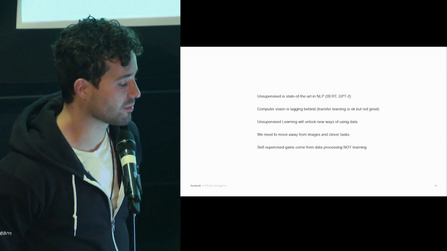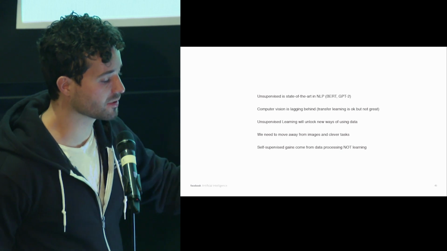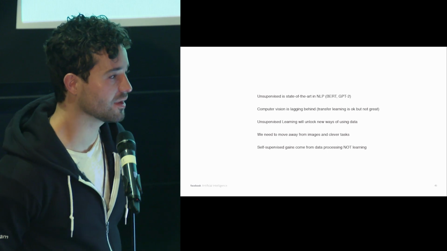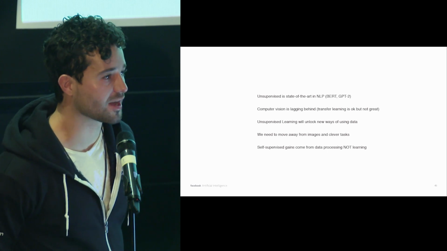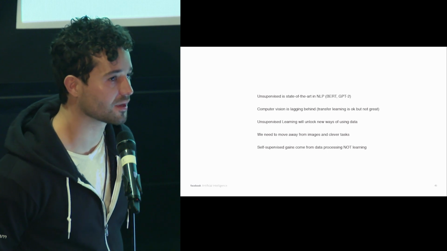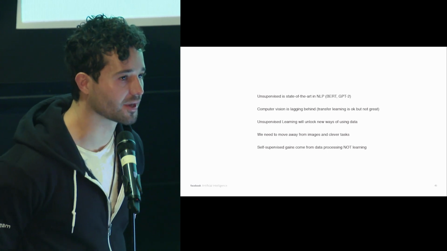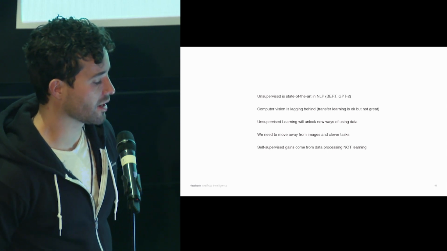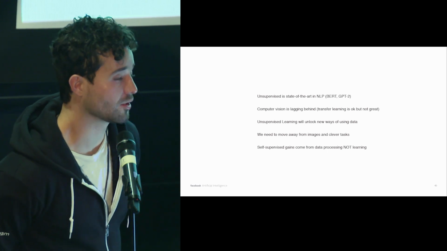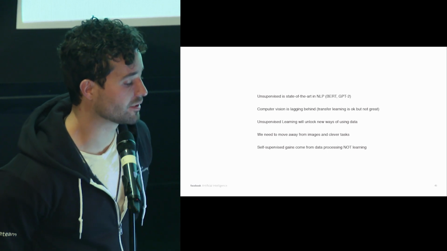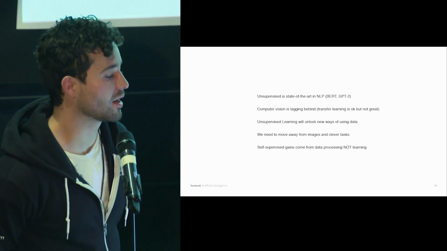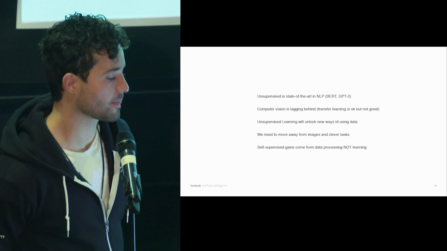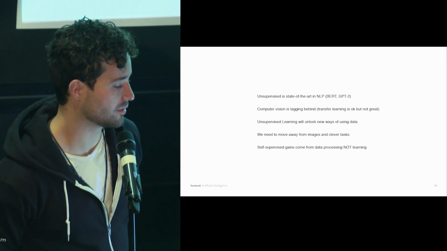And the main takeaway is that we need to move away from image domain-specific knowledge and some of these clever tasks. Basically, from 2016 to 2017, the research was coming up with some cool tasks like solving a puzzle or rotating an image. It wasn't on developing an actual learning algorithm or a method for learning. It was on these sorts of tasks. And again, we find that in the state-of-the-art methods, including our own, most of the gains come from the data processing, not learning. Which is why we're moving away from that work now, because we just wanted to understand what was driving the advancements in that line of work.